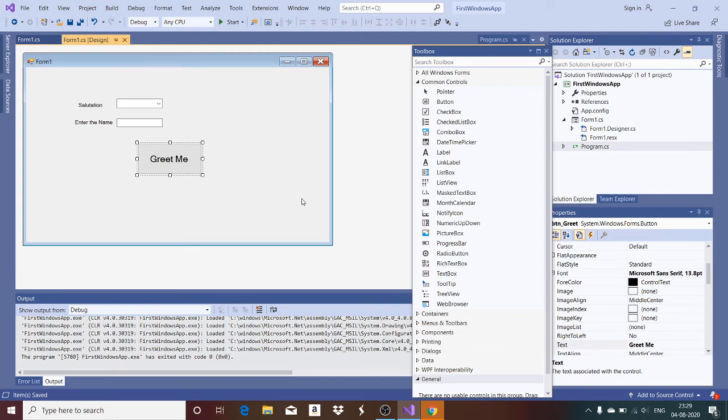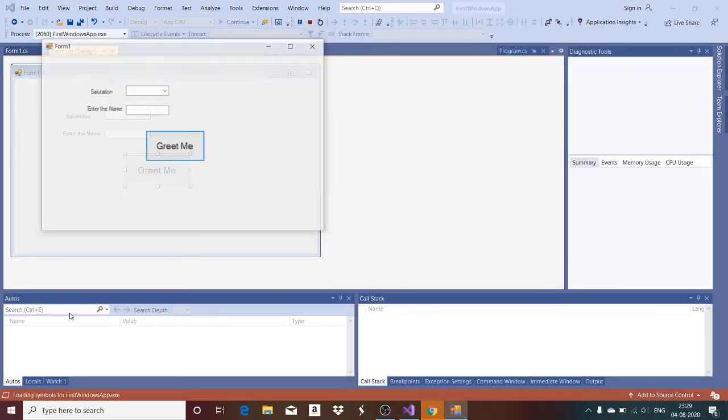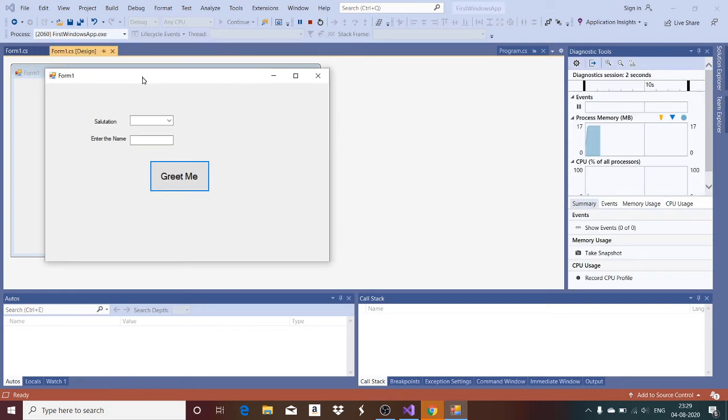Okay. So now we have added the code for the button click event. I start running the application. It has started building the application. The build has succeeded. So now your form is ready to run. You can choose the salutation, enter a name here.